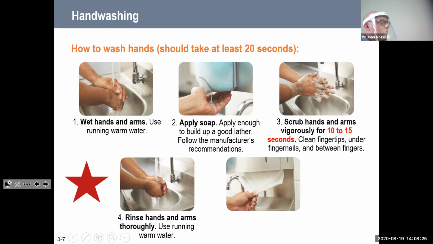Rinse your hands under running warm water. So if you would go to a pot sink and wash your hands in the dishwater, there is a rinse sink that has water in it, but it's not running water. So that's another reason why you don't go to the pot sink to wash your hands. And then the last step is dry your hands and arms using a single-use paper towel or an air dryer. It can either be blowing high-speed cold air or hot air.